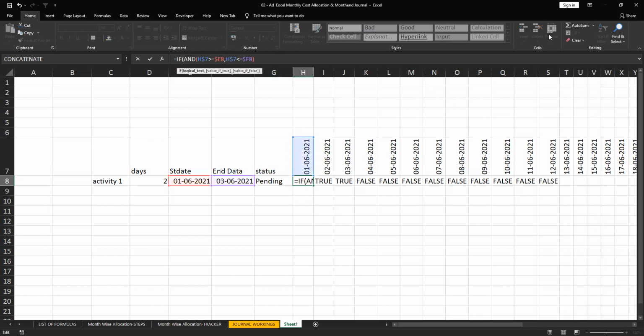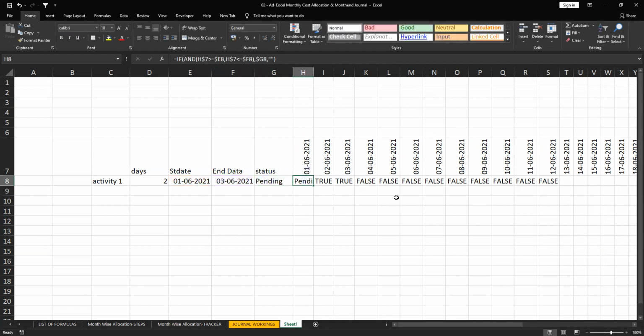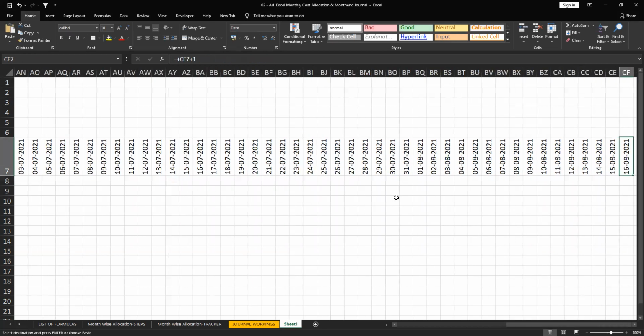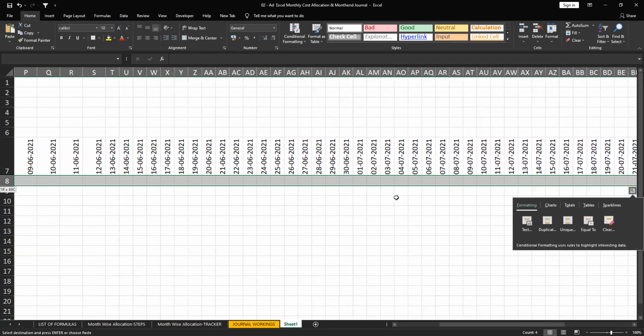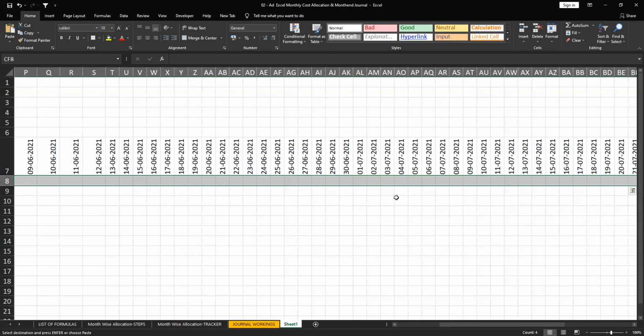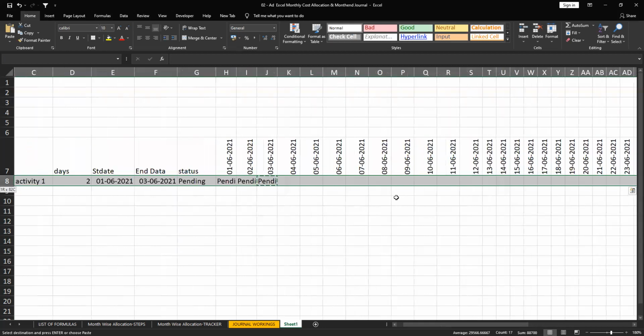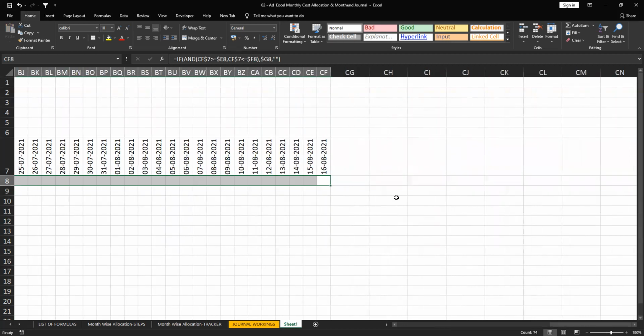So when you return this value for true, I need to give an IF condition here, right? If this is true, I don't need to type true here. I want this value, so I can fix this. Else I need it blank. See, it is like this. So automatically I will get the result.